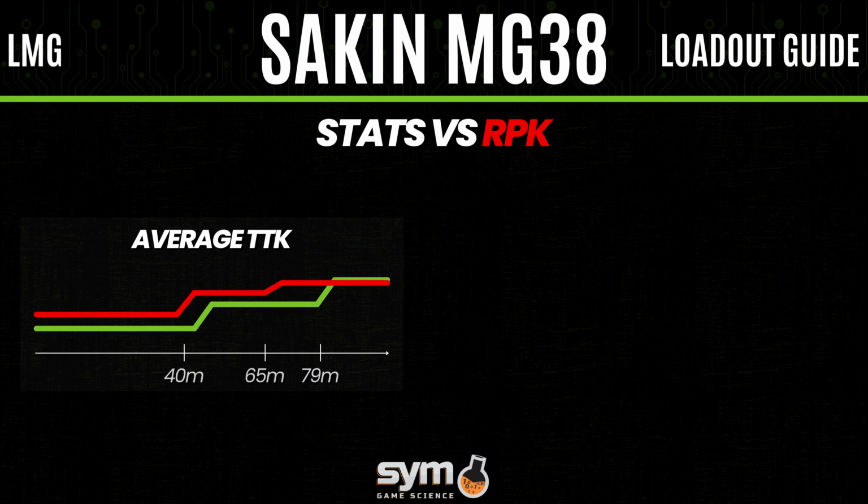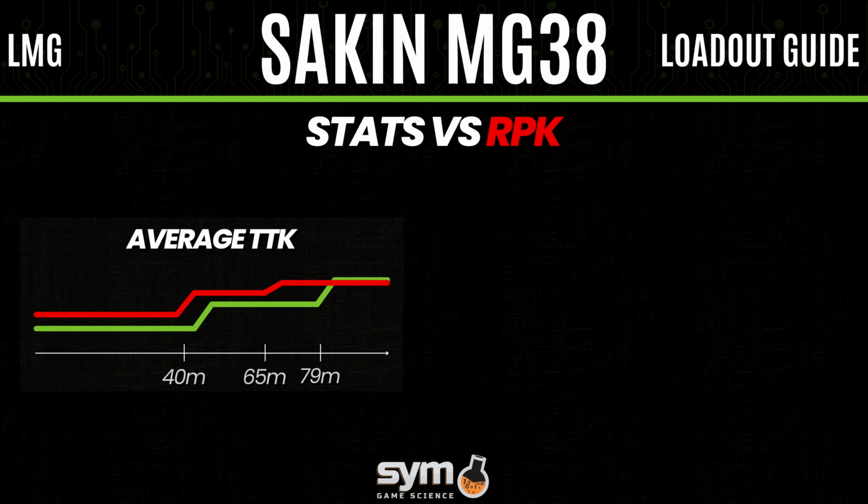Now, let's compare the Sakin MG38 to the RPK. The RPK has dominated the meta since the launch of Warzone 2 in November, and the question is, can the Sakin compete? If we look only at the time to kill, the Sakin has absolutely nothing to be ashamed of. The time to kill is even better for the Sakin until 79 meters, representing most of the fights in Warzone 2. So in terms of time to kill, I'm not scared to say that the Sakin MG38 is better than